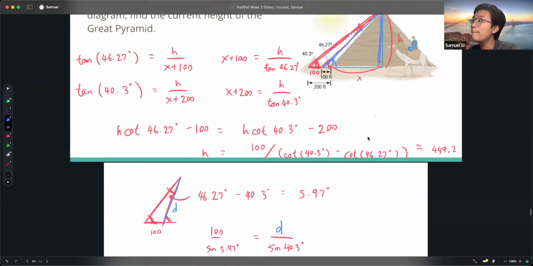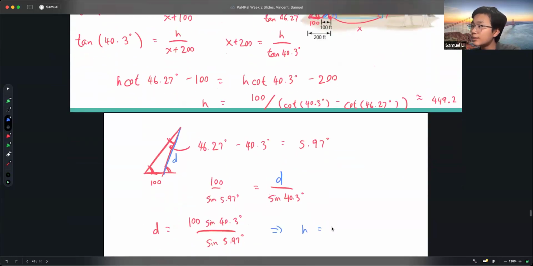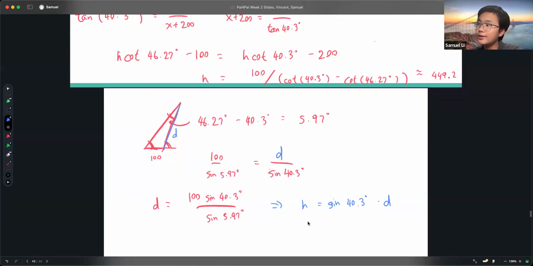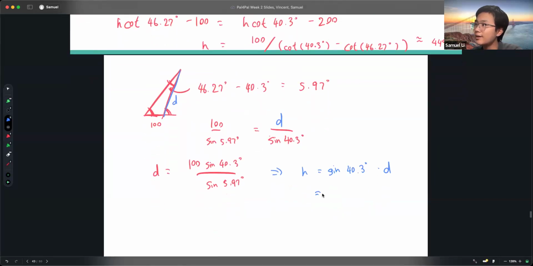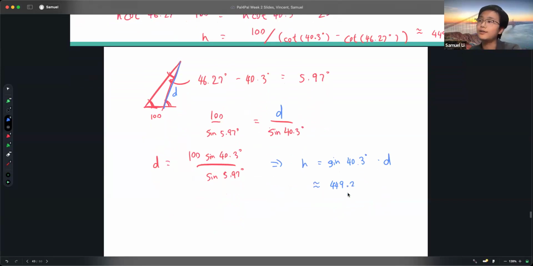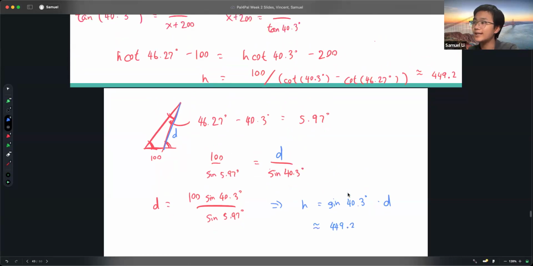So let's see. It's sine of 40.3 degrees times D. And you could compute this and I'm not going to do that. You could just plug it into a calculator. You get 449.2. So a tip when using calculators to solve questions would be that you always want to plug